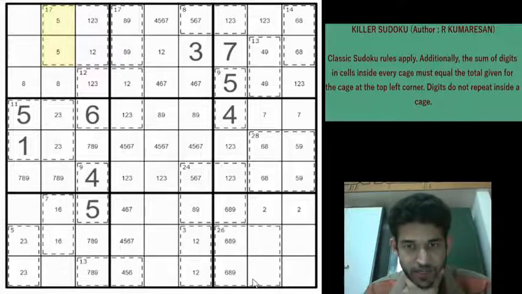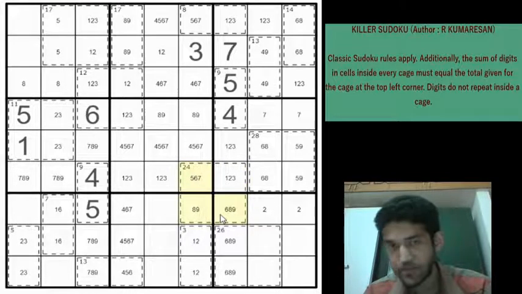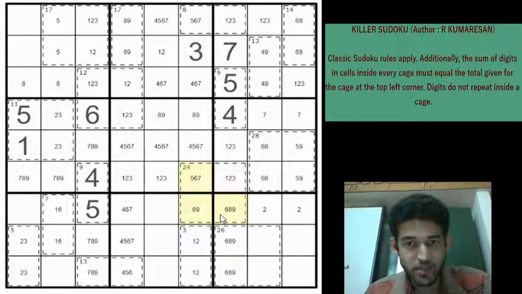Any more information we can gather? We have marked every possibility in almost all the cages except this cage and this cage, right? So can this have a 1, row 6, column 7? Yes, right? Because then these three cells can perfectly be 6, 8 and 9 and there is no contradiction. So there is no information here in this cage.